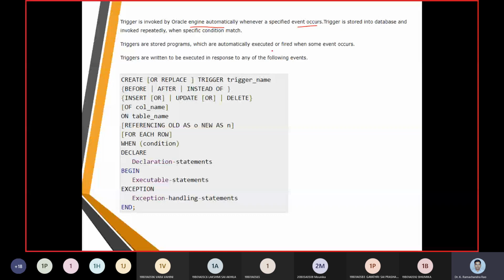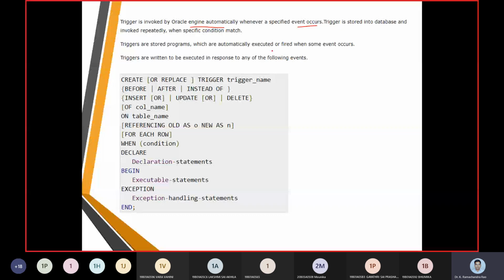So the syntax for creating a trigger, we can call it create or replace. The or replace is again an optional entry. Trigger is going to be the reserved word followed by the user defined name.